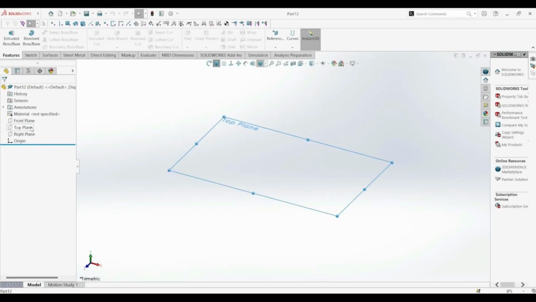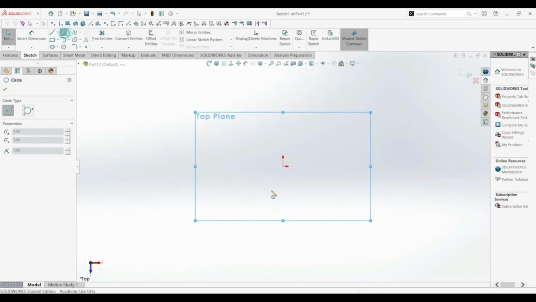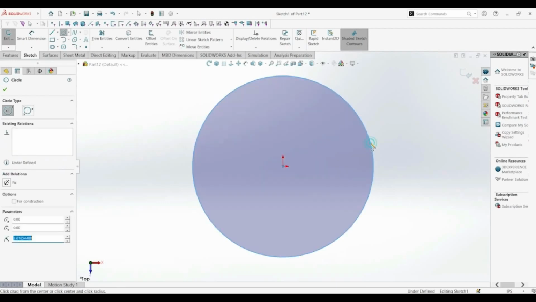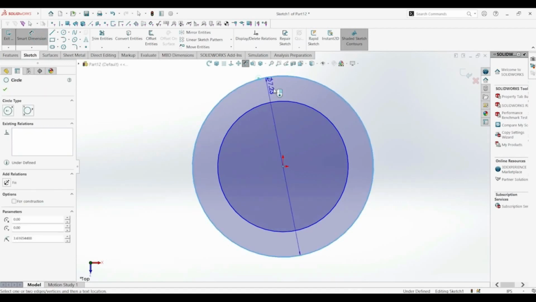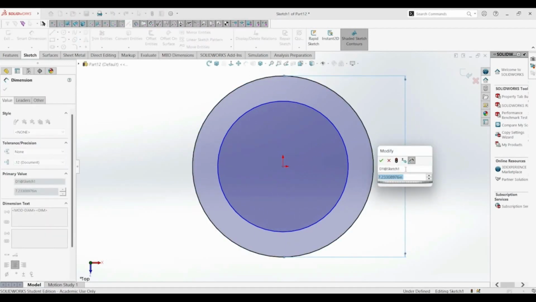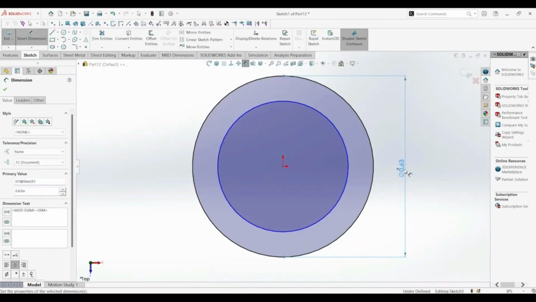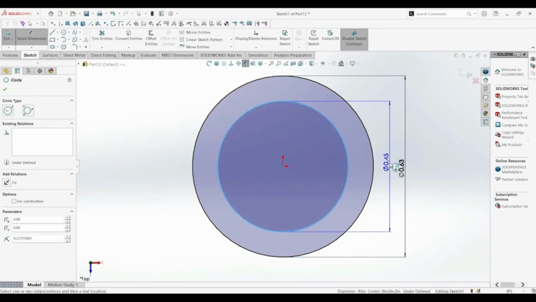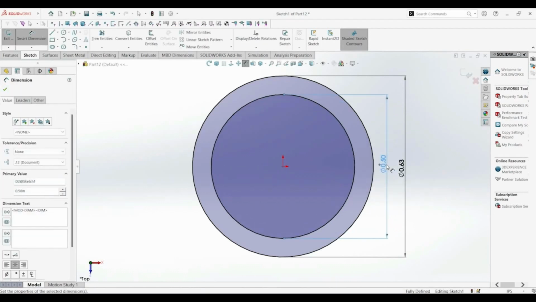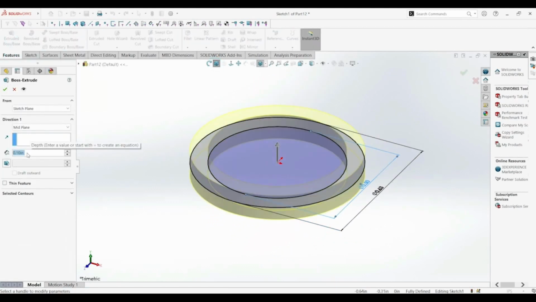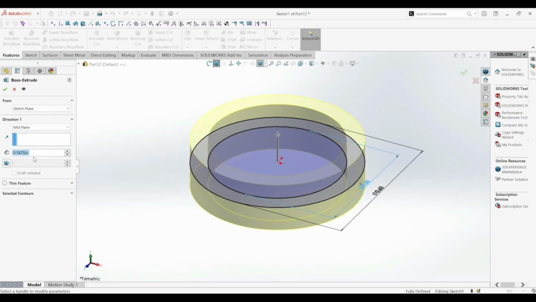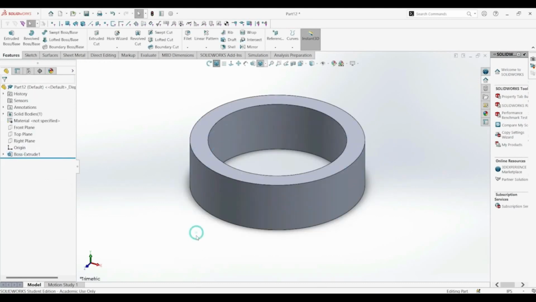Okay, so what we want to do is top plane, then draw a circle here, and another circle, and then make this one, the outer circle, a diameter of 0.63, and this one has a diameter of 0.5, extruded boss, this one mid plane again, and then this one has 0.1875 length, and then